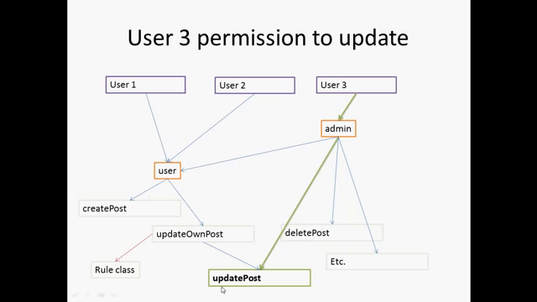If there is a rule attached to the permission, then it must execute and return true. If it doesn't, then you're immediately thrown out and you don't have permission. If there is no rule, or if the rule succeeds, then for each parent of this permission, so in this case it would check update own post as well as admin,